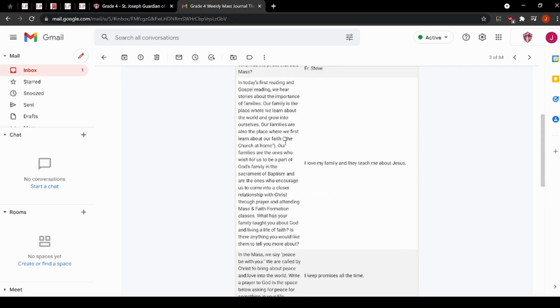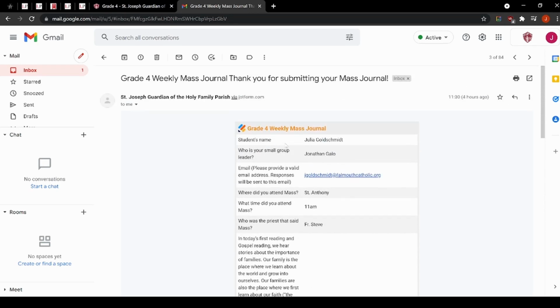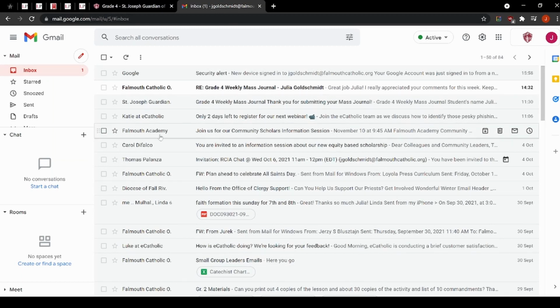So this receipt here is just to show that you did submit the journal, and if you'd like, you can go back and look over your child's answers as well. You may need to check your spam folder just to make sure that it didn't get transferred over to the spam folder by accident, but you should receive this every single time you submit a journal, provided that you put in an accurate email address. So when you go back to your inbox here,